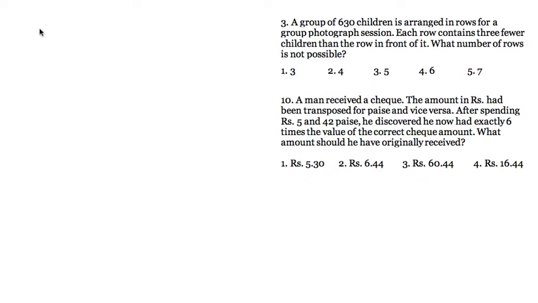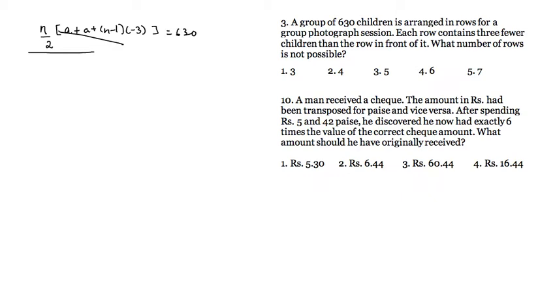Because the sum of any arithmetic progression is number of terms, which are the rows, divided by 2 into first plus last term. So first term, let's say it's A, last term will be A plus n minus 1 into D. D is minus 3 because there are 3 fewer children, right? And well, you know how this looks, right? This looks horrible. So clearly, we are not solving like this. This is out. Okay. So, how should we solve this?